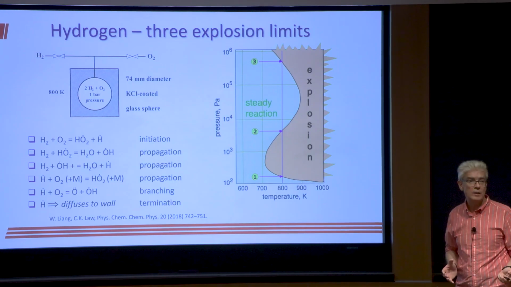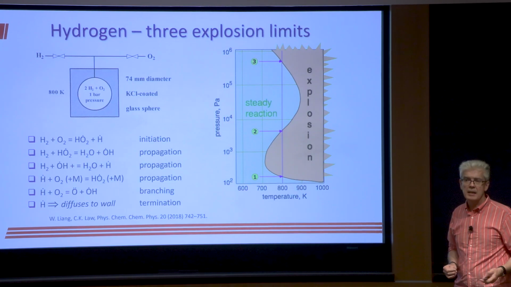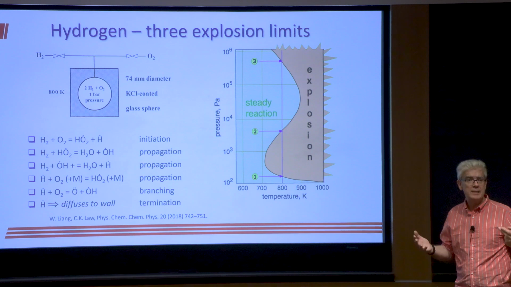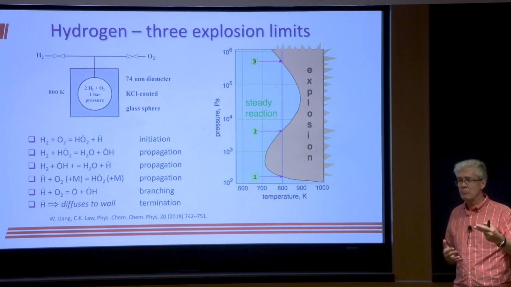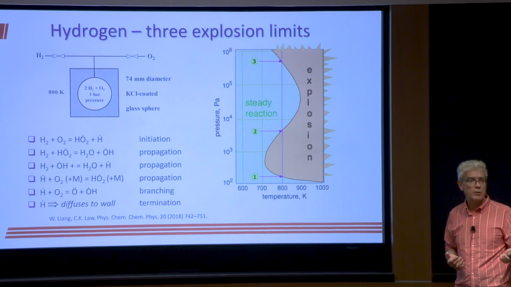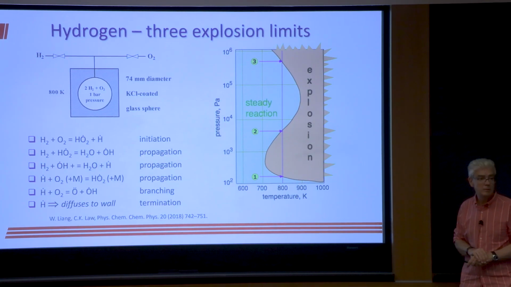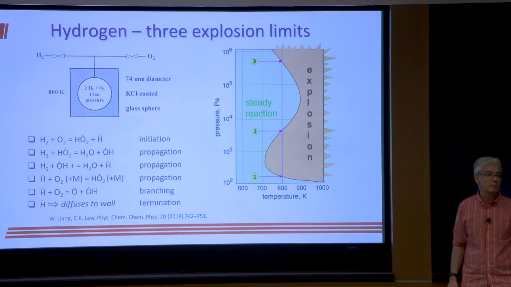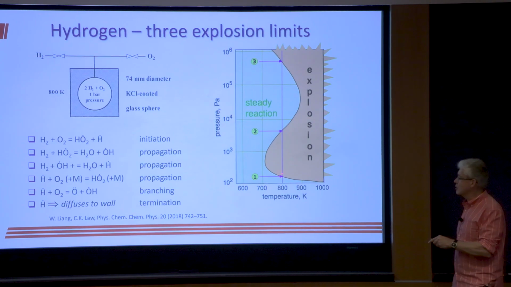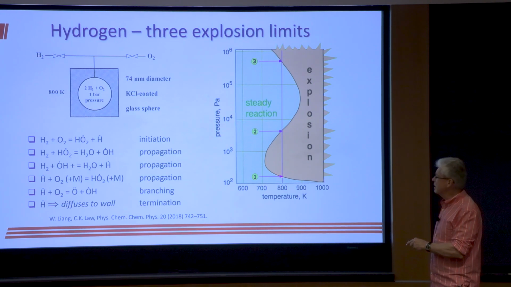It doesn't meet O2 to react, or at least not enough of it meets O2 to give us the chain branching that's needed to get explosion. So preferentially, it diffuses to the wall. Not all of it, of course. You get some reaction, but because you're at such low pressure,